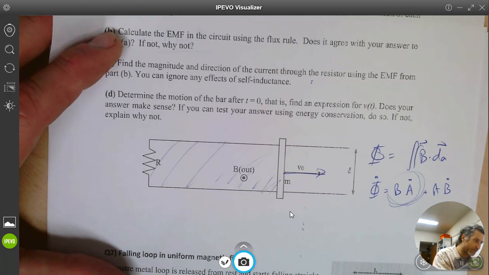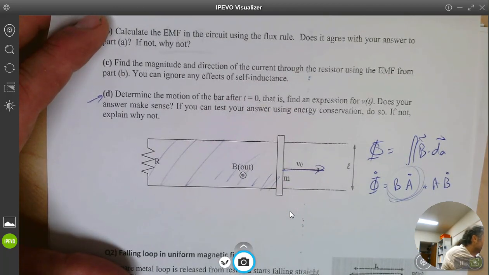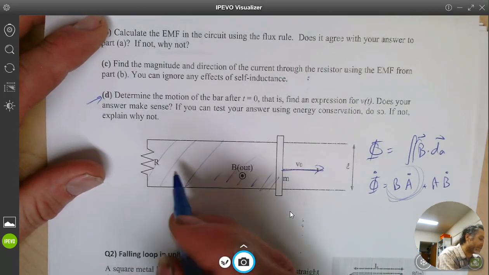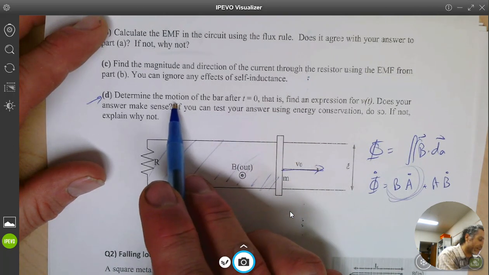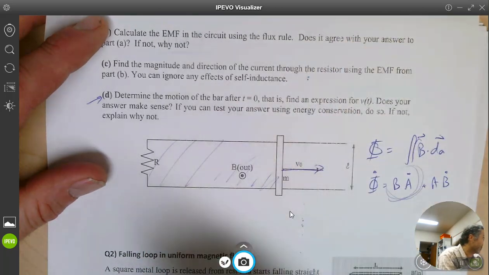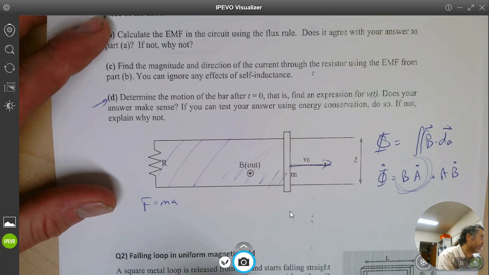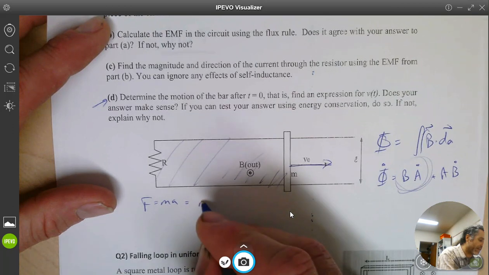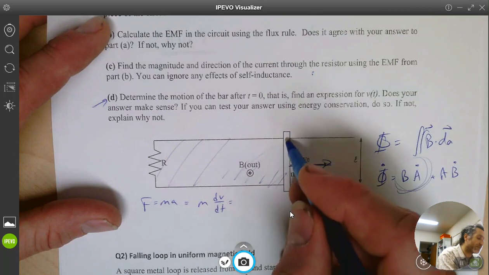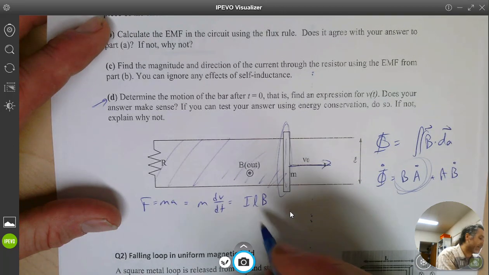Most of you were able to work through everything except there was a little bit of confusion around how to deal with this part D here. So for part D, assuming that it starts with some speed v naught, we can write out an equation of motion using F equals ma. The way to go forward here is to say m dv by dt, and you can set that equal to the force, especially on this part 1 here, which is our ILB force, right? So ILB with a minus sign.